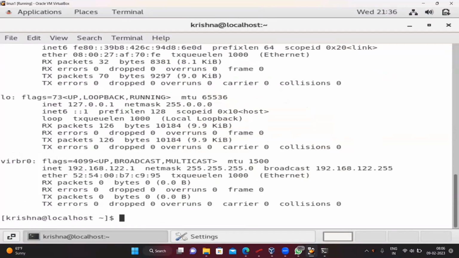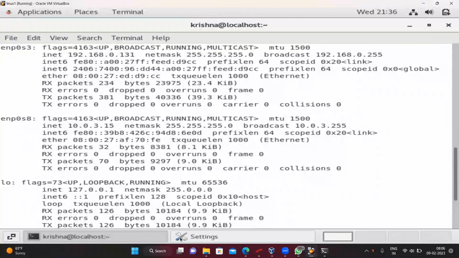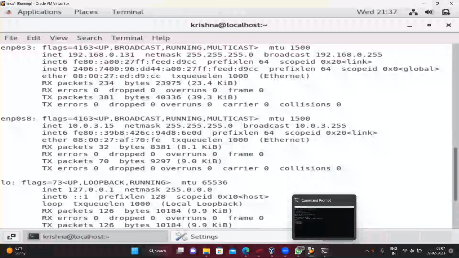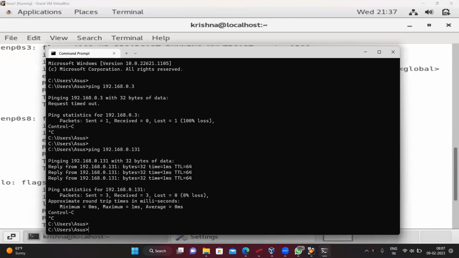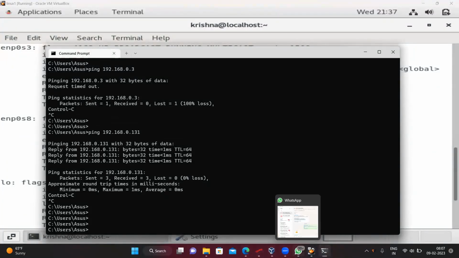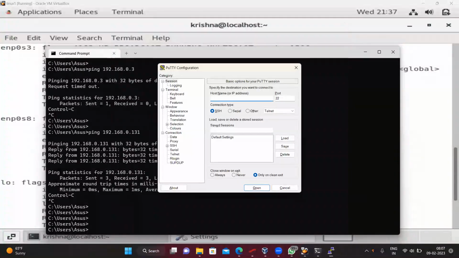ifconfig. It is 131 now. With me. 31. Okay. 192.38.0.31.